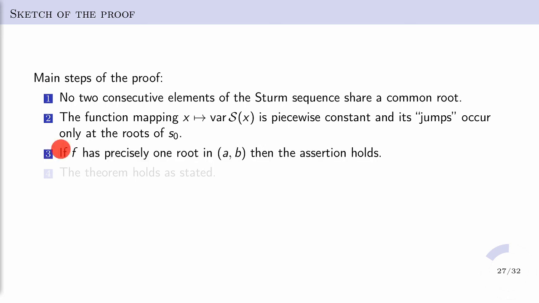The third step shows that if f has precisely one root in our interval AB, then the number of sign changes in the Sturm sequence at the left endpoint is just one greater than the number of sign changes at the right endpoint, so the theorem holds for such an interval. And the final step is just to prove the theorem. This fourth step is quite easy to prove,